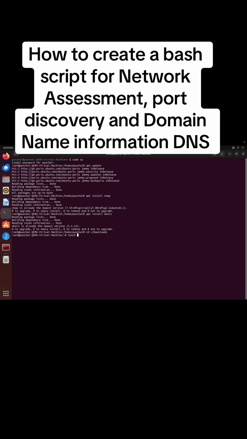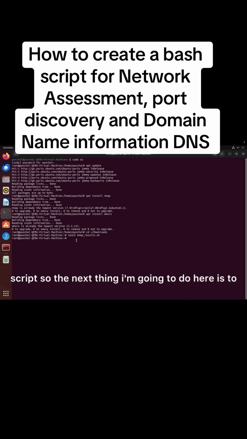Touch nmap_results.sh. So we have created our script in our downloads folder. The name of our script is nmap_results. So make sure you end the name of your script with .sh so that the system will recognize it as a bash script. So the next thing I'm going to do here